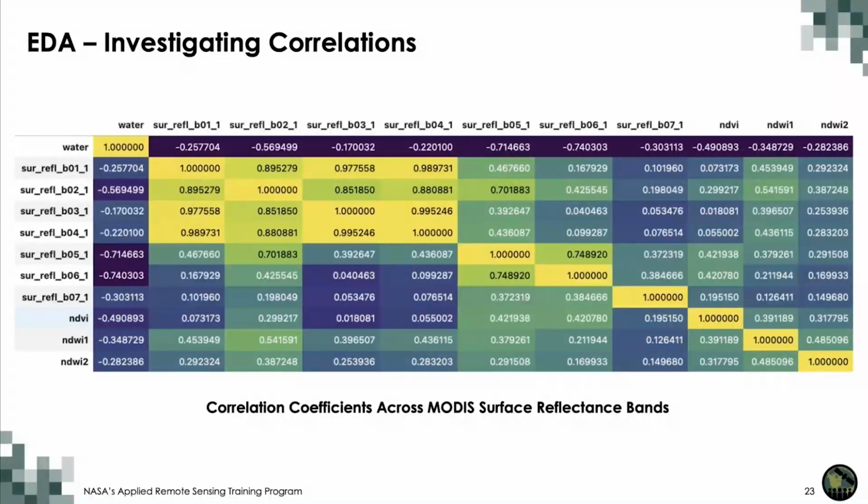Here we take a closer look at the correlation coefficient heat map of our MODIS training dataset. As expected, we can see that some bands that are closer together in wavelength have a strong relationship with each other. We can look at how each band affects the water classification. As expected from seeing our histogram of the distribution of values, we can see that a lower value from each of the bands trends towards a classification of water, although no band stands out by having a very strong negative